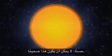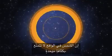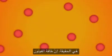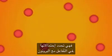That can't be right. The sun is only 4.6 billion years old. So what went wrong? 2 things. The sun isn't actually of uniform density, and photons will miss quite a few protons between every collision. In actuality, a photon's energy, which changes over the course of its journey, determines how likely it is to interact